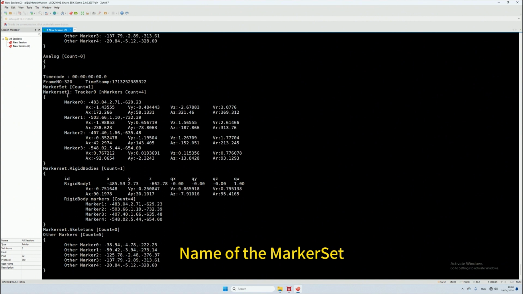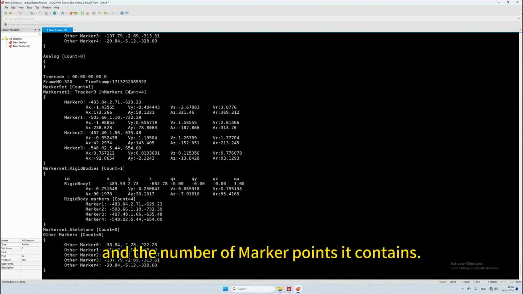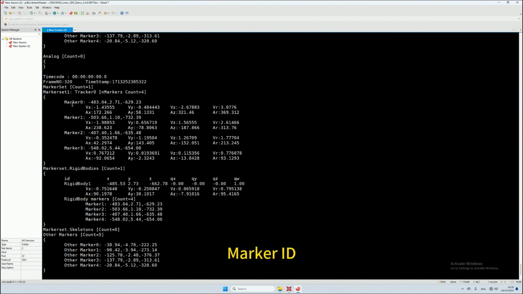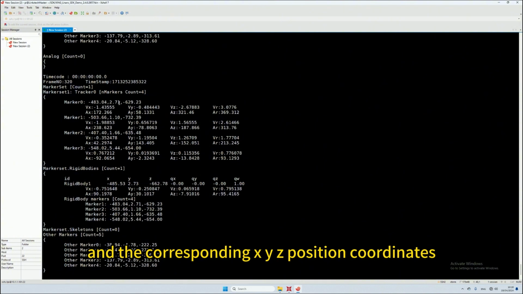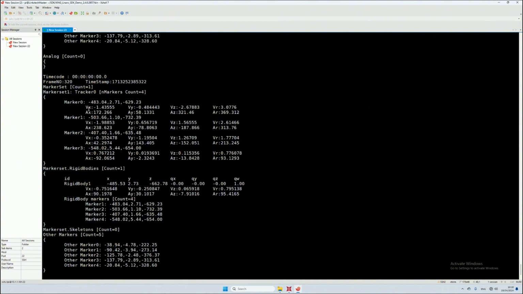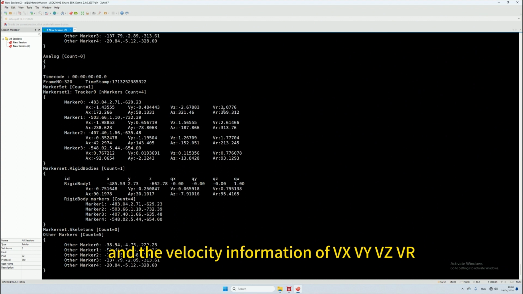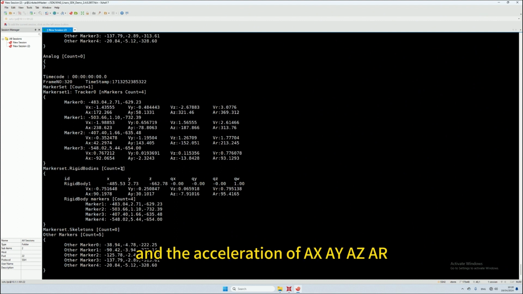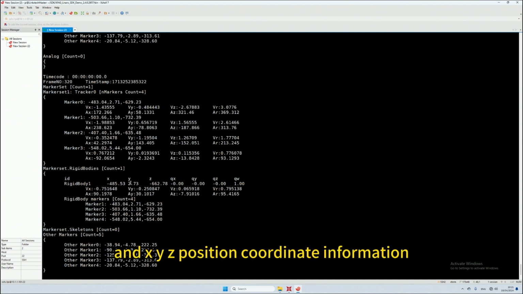name of the marker set and the number of marker points it contains, marker ID and the corresponding XYZ position coordinates, and velocity information VC and VR, and acceleration data XA and RA. Number of rigid bodies, ID of the rigid bodies and XYZ position coordinates,